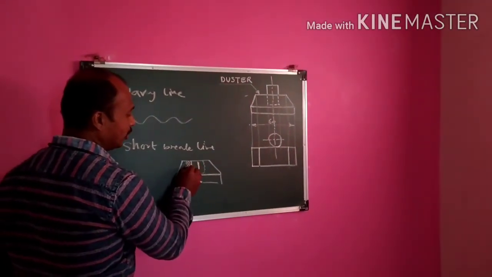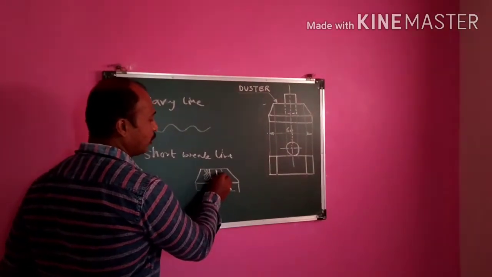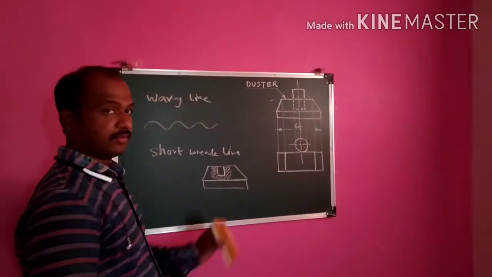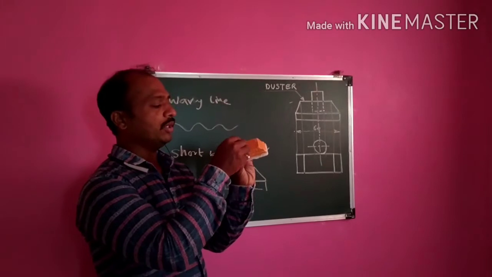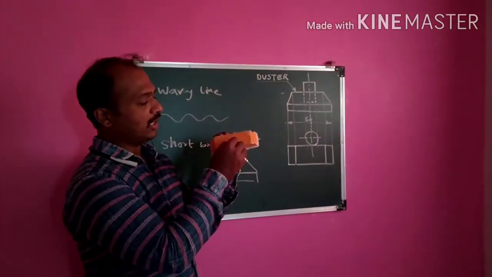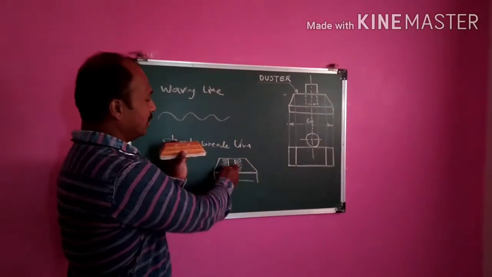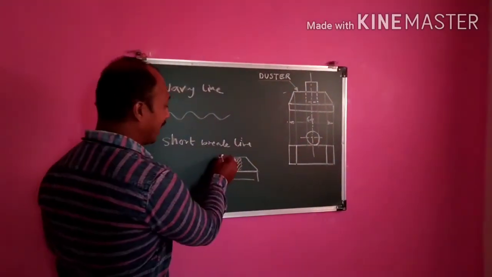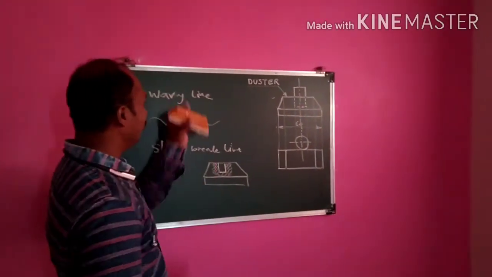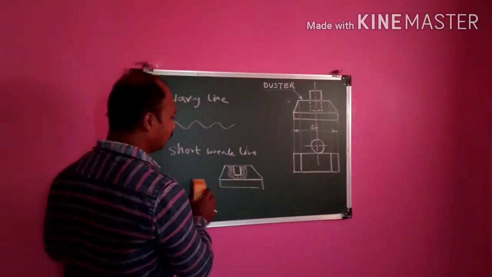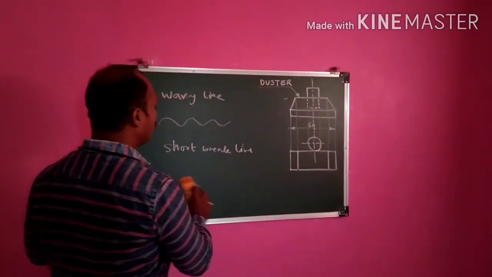And here we are going to draw the hatching line like this, because the portion is cut from there. What we have done? We have put the hole here and we removed the front half portion. This much portion we removed from here, and then the hole is visible. And to show that this much part is removed, we use the wavy line. Okay. This is the use of wavy line.